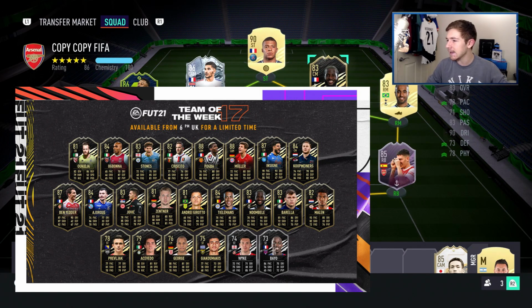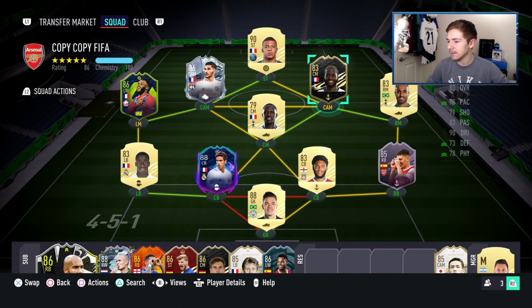We've got in-form Insigne, Muller looks nice aside from the dribbling. Tielemans, to be honest, for an 84 rated card, actually looks really nice. So there is a couple of decent items in there, it's fair to say, but obviously we today are going